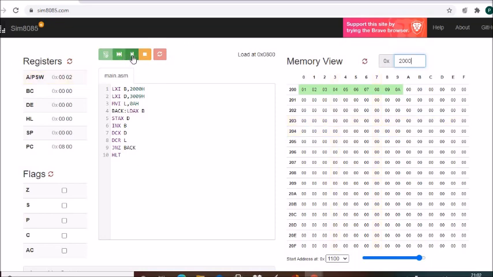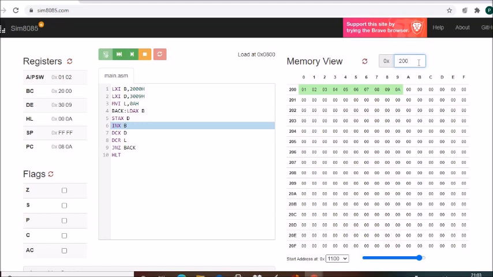Okay. Now see here, I am showing you one transfer. LXI B 2000H. So after execution the BC pair will be 2000H. Then LXI D 3009. See, the DE pair is 3009. Then L will be loaded with the count 0A. Okay. Then LDAX B. Whatever data was there in the BC pair, that is at 2000, will come to A. 01 has come to A. Now STAX D, it will go to the DE pair.